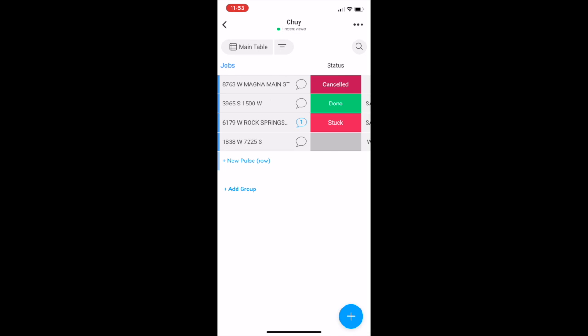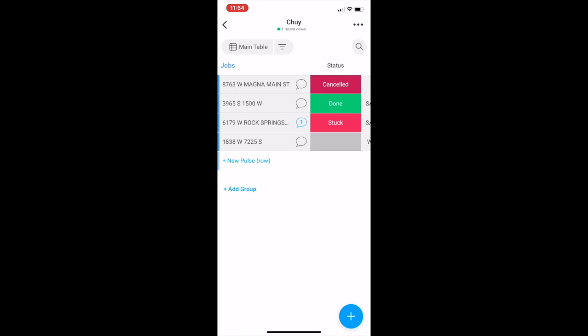We can see that a job was canceled. We can give you more jobs just here in this little folder for each and every one of you guys. So if that job's canceled, we'll remove it and we'll give you another one. If one job's done and you're ready for another one, we can give you that. If you're stuck on jobs, you can see that that little bubble there turned blue and it has a little 1 in it, and it lets us know that we can kind of look through the jobs and see that